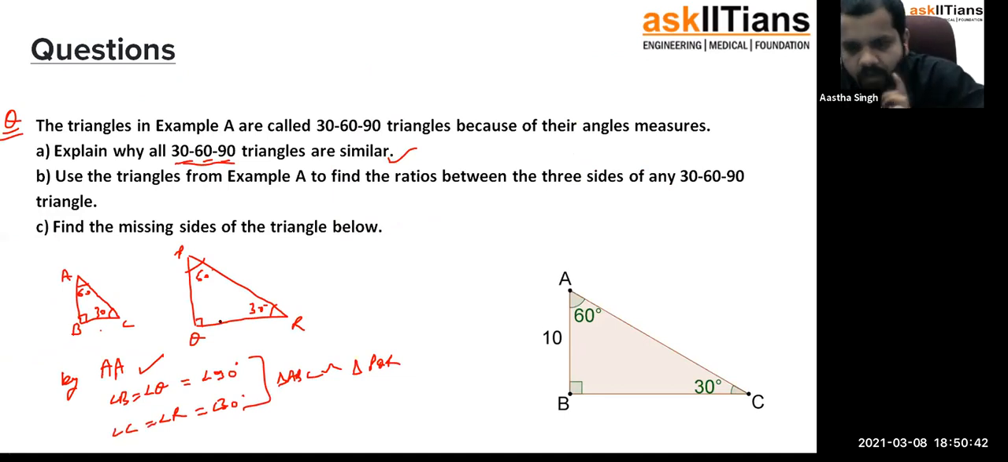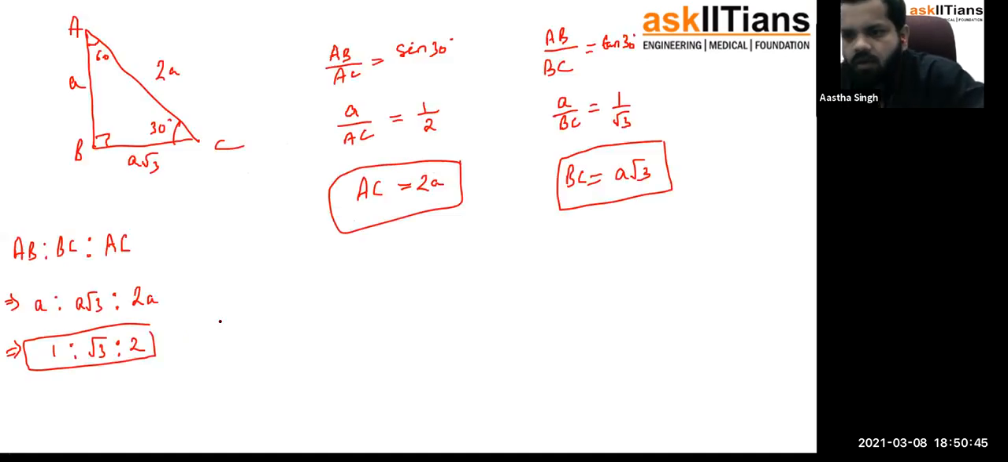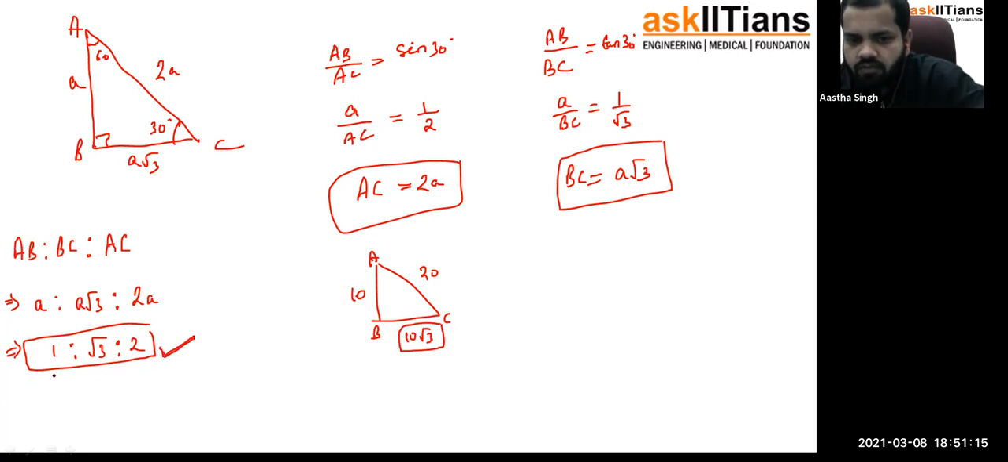The third part says find the missing side of the triangle given below. So here your A is 10. Your AB is 10. So similarly you can write if this is A, AB is A, and AC will be 2A. 2A means 20. And BC is A root 3, that is 10 root 3, right? Because you know the ratio. Okay,